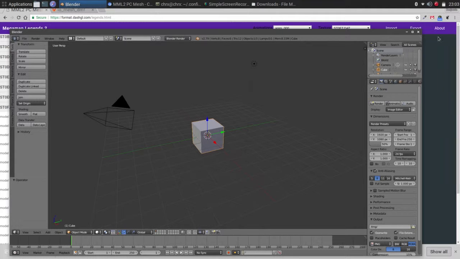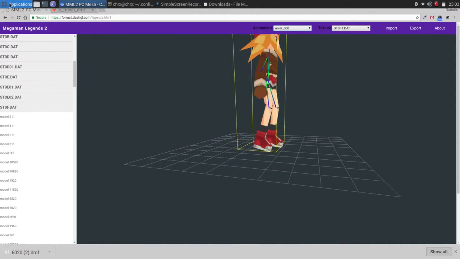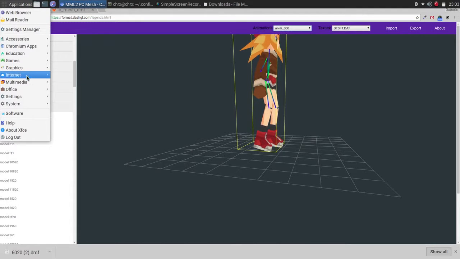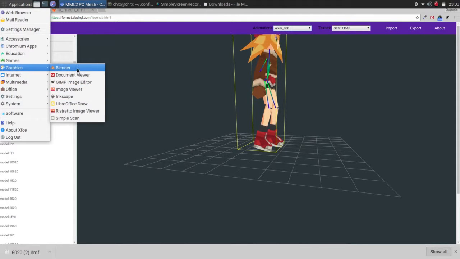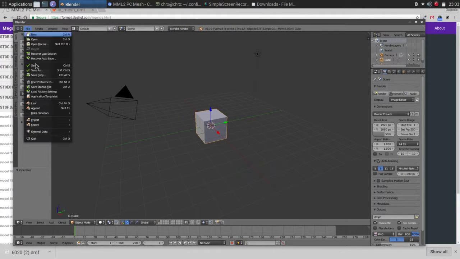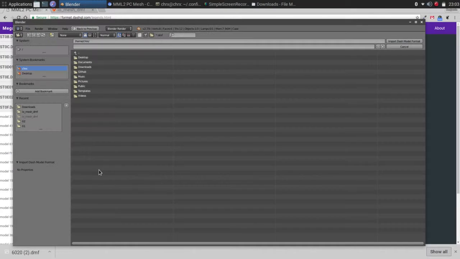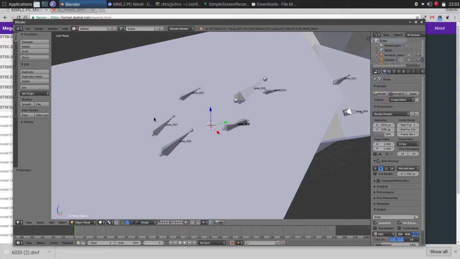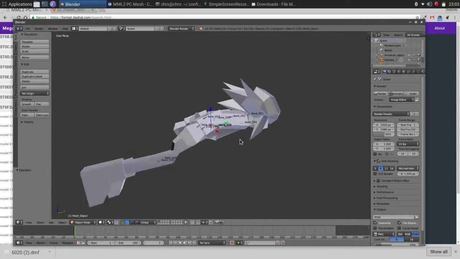Actually, no, I'm going to close it once, go back, open Blender, wait for it to load, and then file, import, DMF, downloads, roll, and then if we do it,